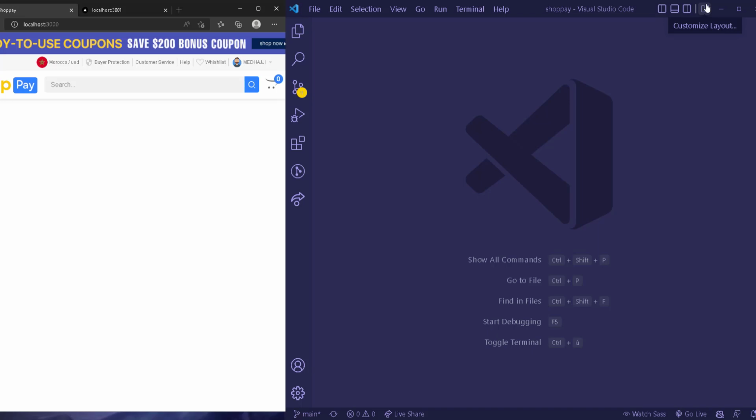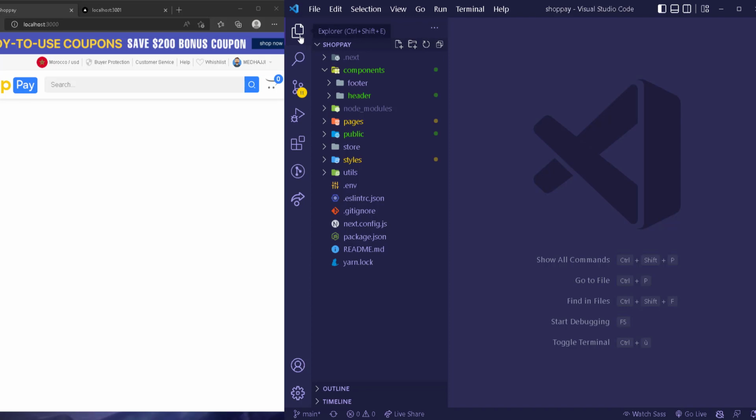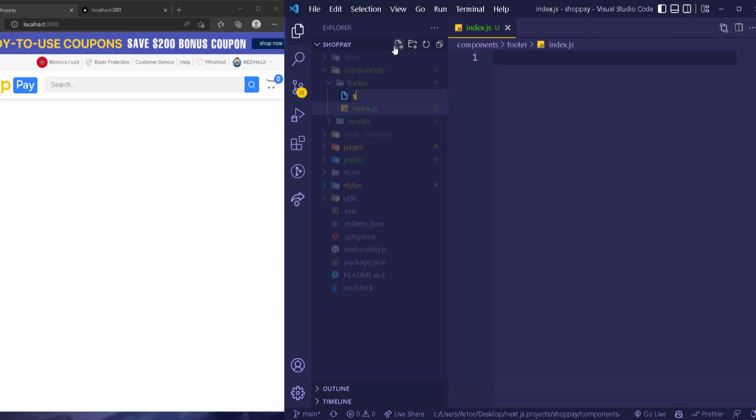After the header comes the footer. So now we're going to work on the footer. This is going to be the same logic we've done before. In the components, you created a folder that's called footer. I'm going to create another file that's called index.js, and then a file that is going to be